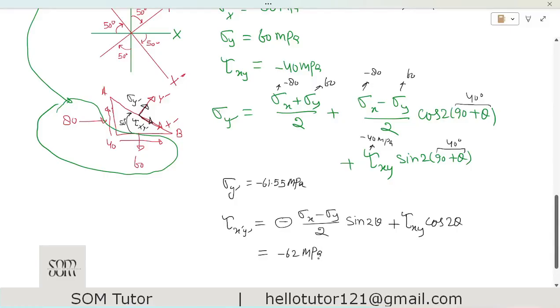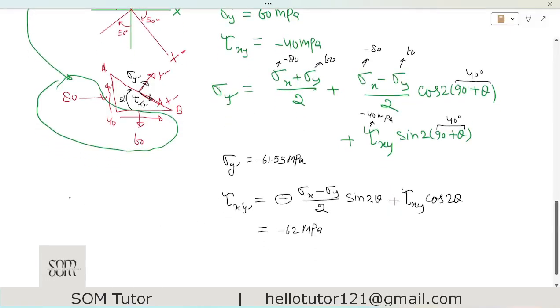Okay, so if we draw these, this is our AB. Now sigma y is outward, but we got a negative. It means it is towards this, opposite to what we assumed, right? Because it is negative, so it is 61.55 megapascal. And then tau xy is negative 62. Negative means here it was towards B, but we got a negative answer. It means it is towards A, opposite to what we assumed here. So here it is 62